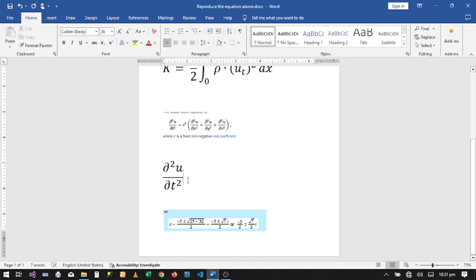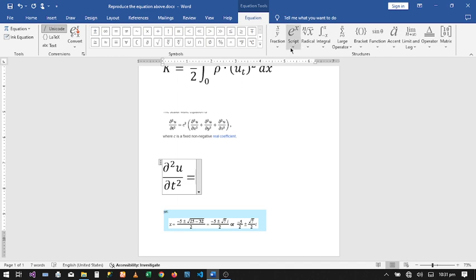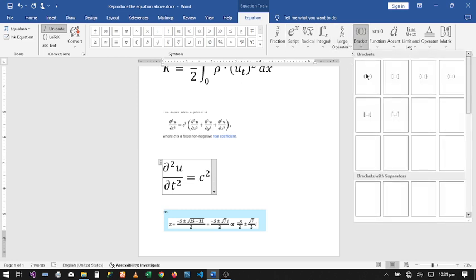And then we put the cursor down outside the fraction, and then we enter the equal sign. So the first thing is c square after the equal sign. So we need a script, and this will be a c followed by square. And if we put the cursor down, we need a bracket. So just go to bracket, pick this,